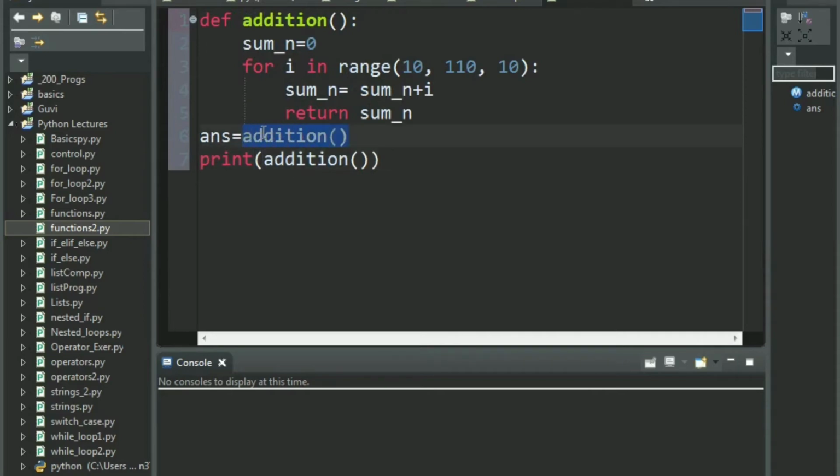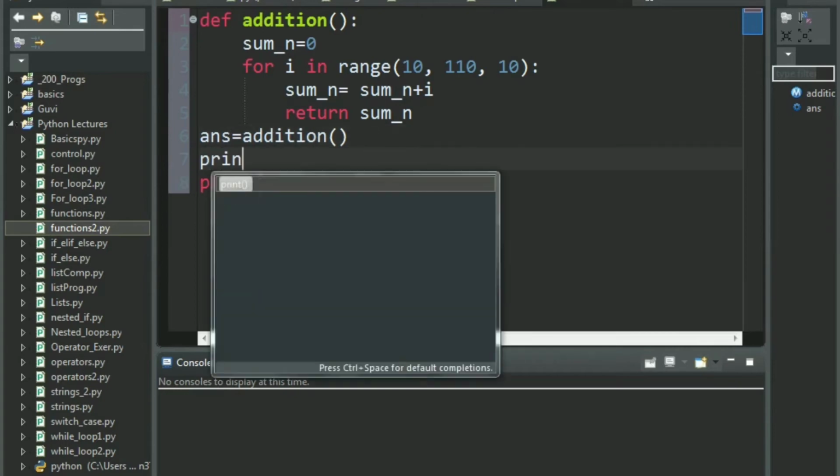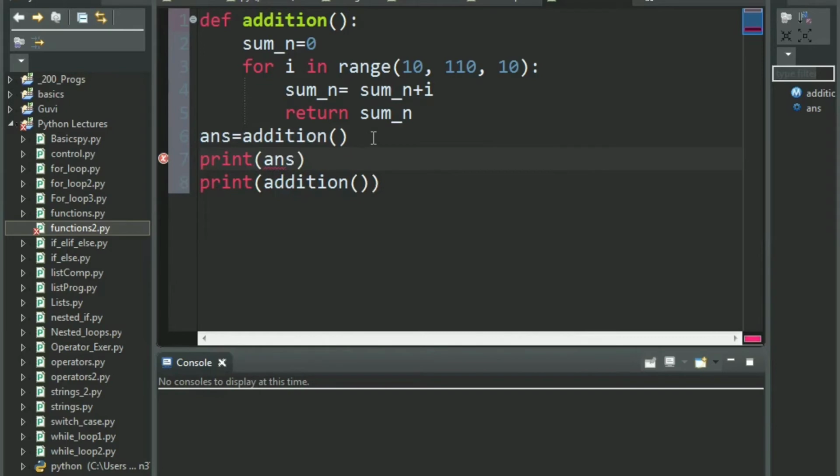We just saw that you are calling the function, and the answer of this function call gets stored into the variable answer. So whatever sum gets returned, 500, 550, whatever the answer is, it gets stored in the variable answer, and then you can just print the variable answer. Okay, this is one way of doing it.